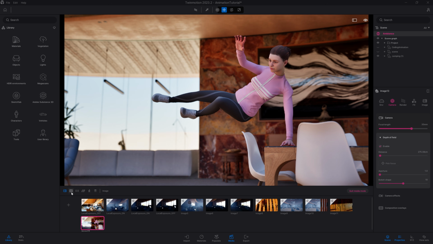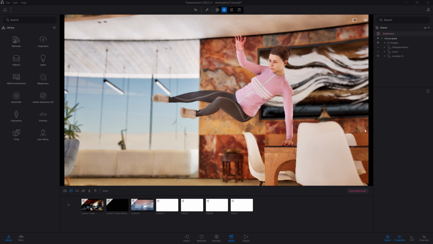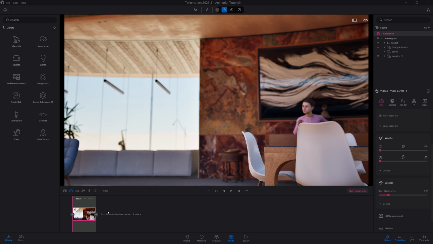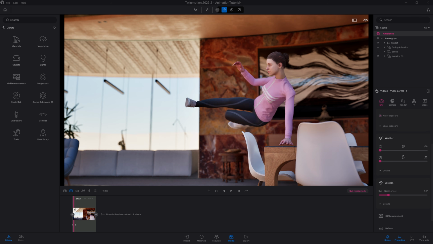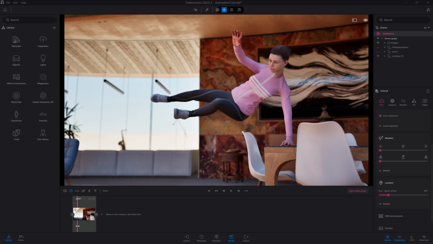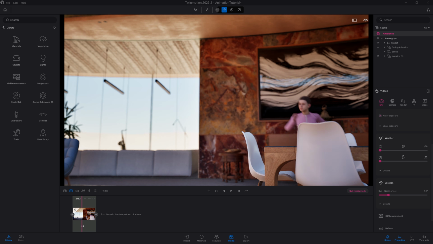Now let's head over to the video. When you create a video, same thing here. The first keyframe starts at the first frame of the animation. And then here we have our character that is just jumping over the table. The animation is fairly short, it probably lasts around 2 to 3 seconds. So here I'm making the full length of my animation 3 seconds. So now when I'm playing with my bar, I have some more real estate.